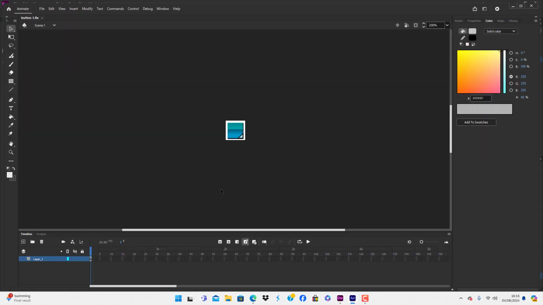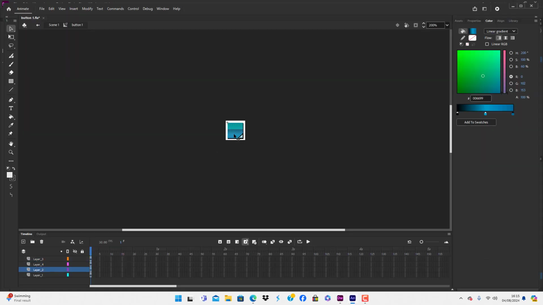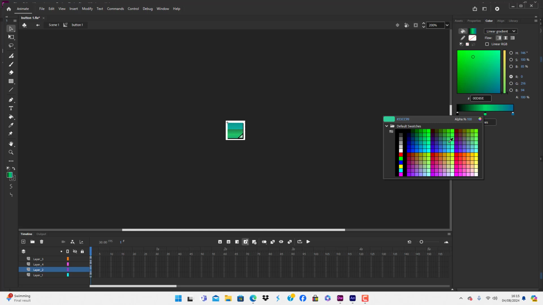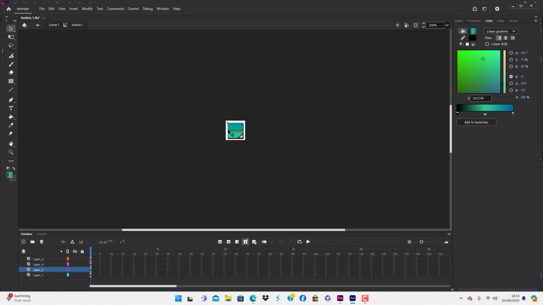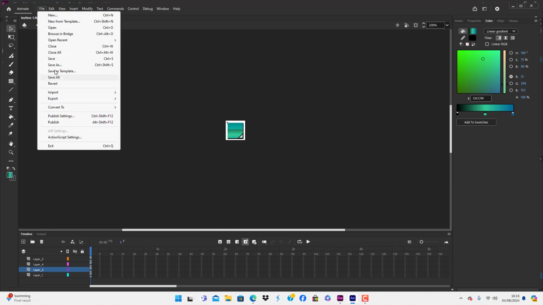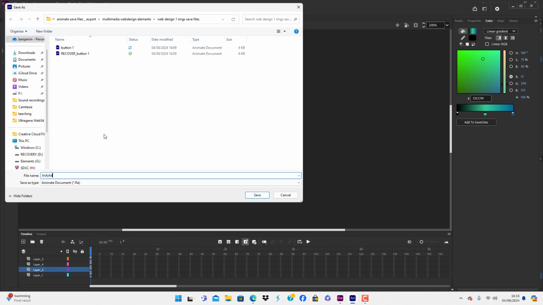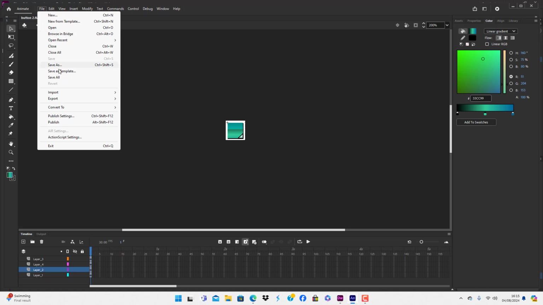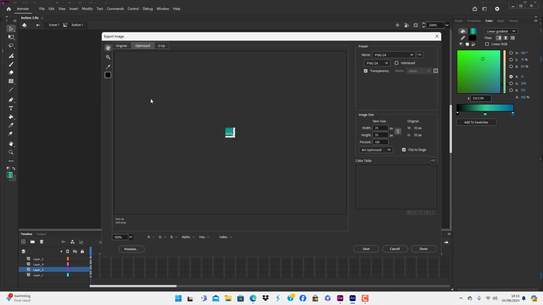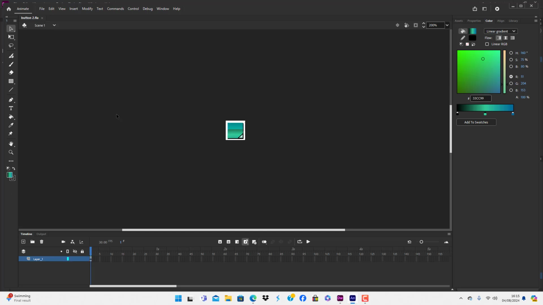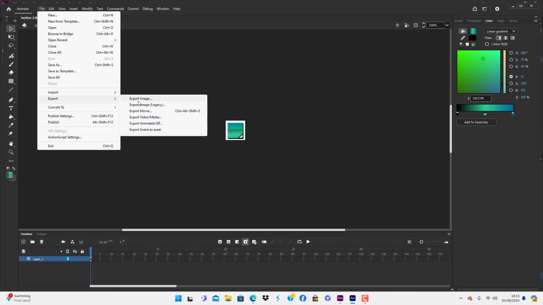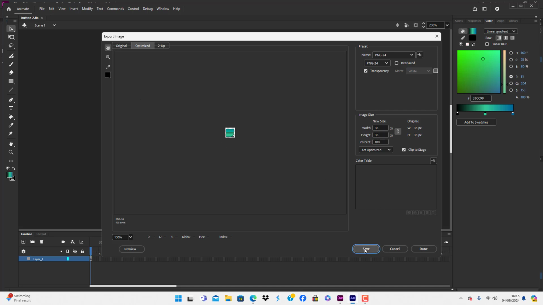And what we're going to do is on animate, we're going to click inside of it and we're going to change the colours. Basically, I don't want it green. If it is a green, I want it lighter than that. I want to say file, save as, button 2, and say file, export image, save,